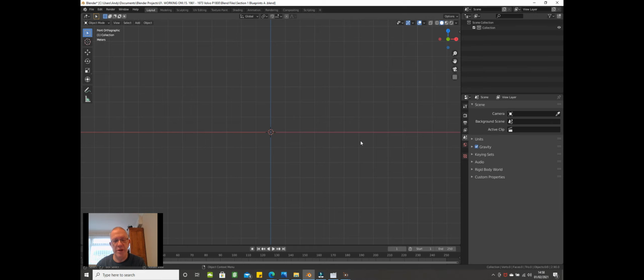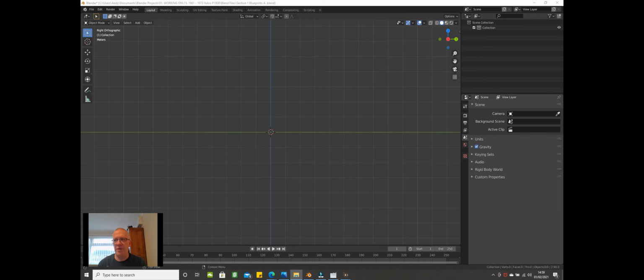The next view we use is keypad 7, which is the top view. Now there's your y-axis and there's your x-axis. Okay, and then the last view we use is Control and 1, which is the rear or the back view. So you've got your x-axis and your blue axis. Anyway, if we go back to 3,